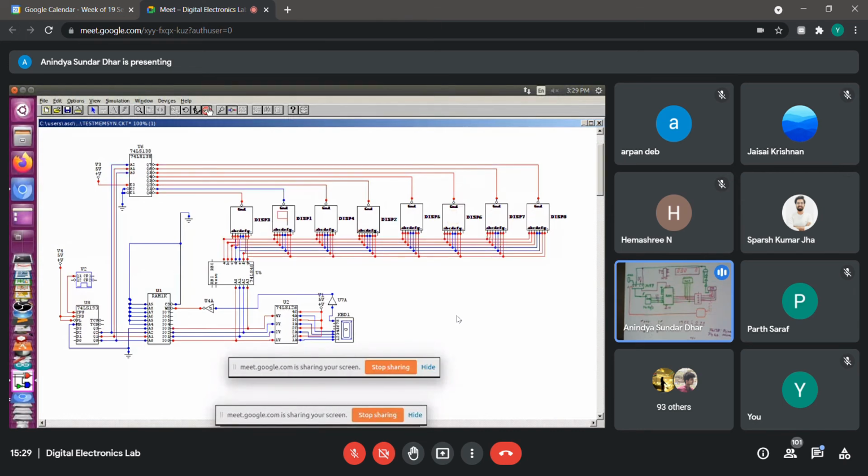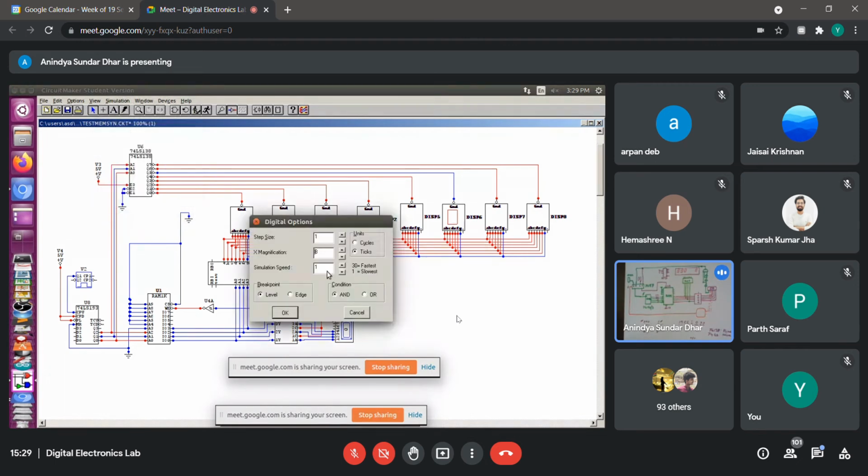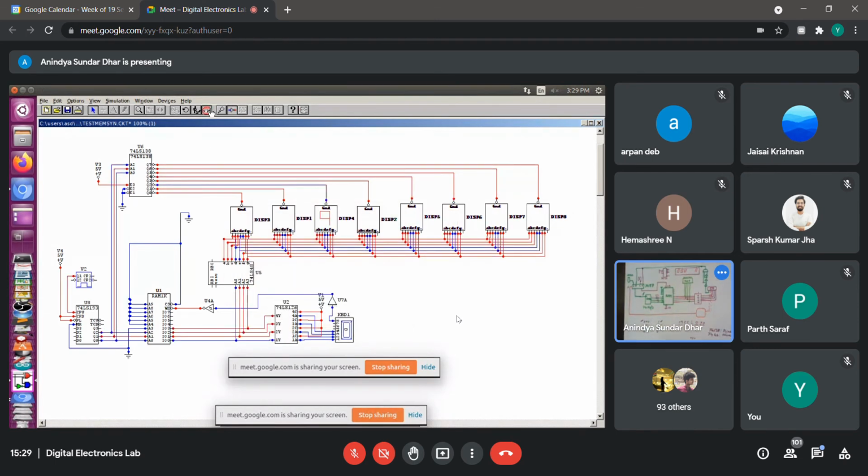Can you change the clock frequency? Here you can change, but if you increase the simulation speed, it will show. Sir, if you increase it to the maximum, it may give you some blinking effect because the simulation speed is maximum. How much can I get? 30, right? 30. So then it is showing this blinking kind of effect.